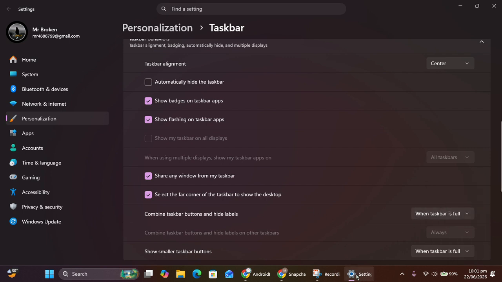Now once you have done that, you might see this classic look of your taskbar. So you might only see the apps you are using. So if you don't want to see other apps here or pinned apps, you can unpin them from the taskbar. So once you have unpinned them, these apps won't be shown like that, and you might see this type of classic look